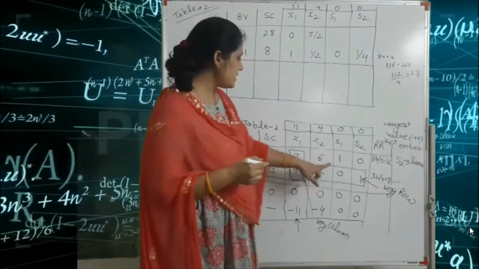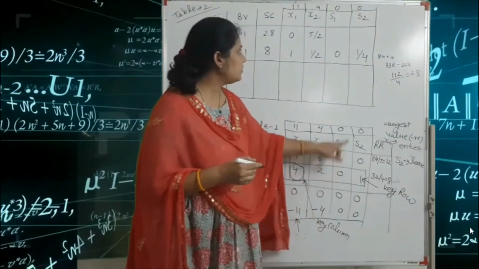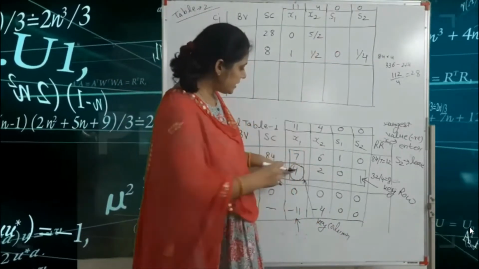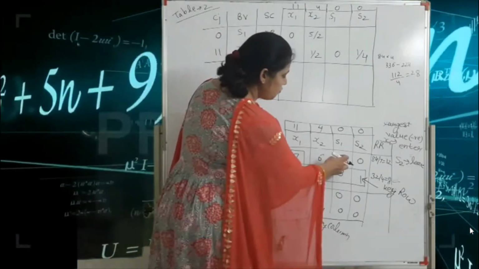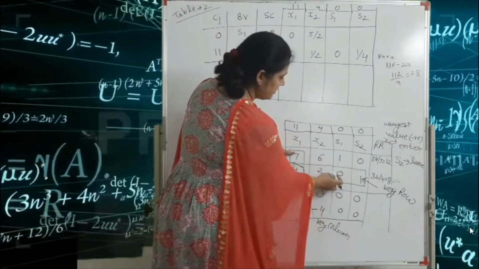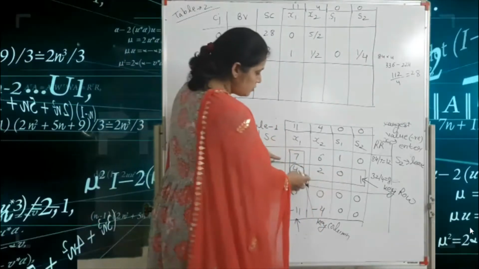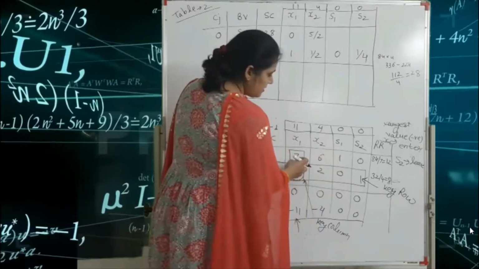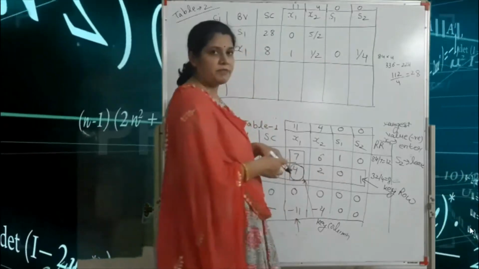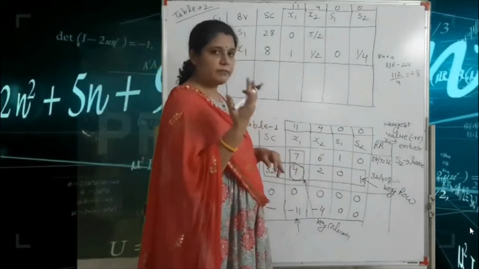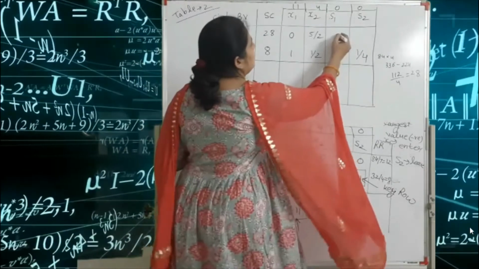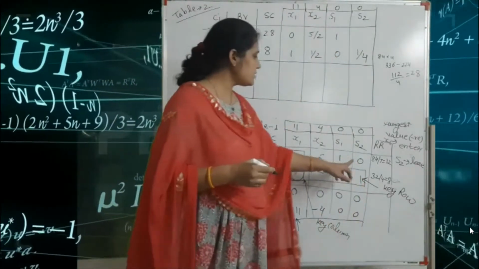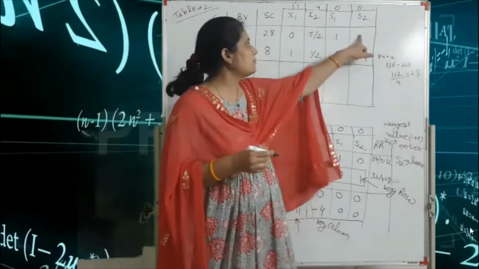Okay, next one is change here the one value. So your key number multiplied by this number. So 4 into 1 minus the determinant, which is 7 into 0. So 4 into 1 minus 7 into 0 is 0. So 4 into 1 means 4, and divided by the key number, so 1. Okay, next one is we find this 0 value, that means this place.